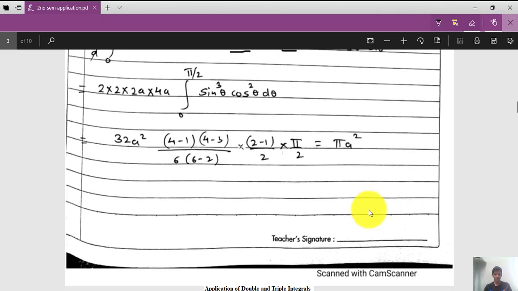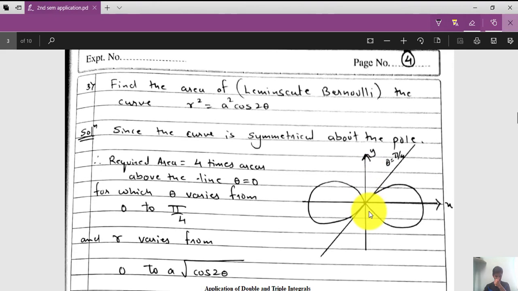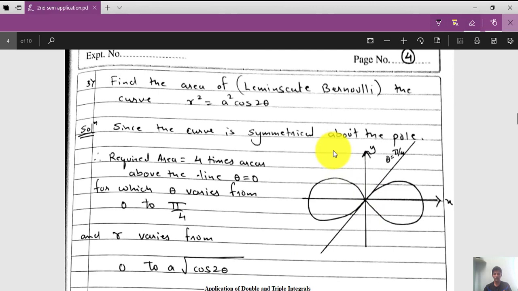Now let us move on to the next problem. This is what I was telling you about the other day: find the area of the Lemniscate of Bernoulli, the curve r square is equal to a square cos 2 theta. This is a standard curve, and you need to find the area. Last time it was only one loop. If you turn up your pages or the video lecture, the given problem was only for one loop. Since the curve is symmetric about the pole,